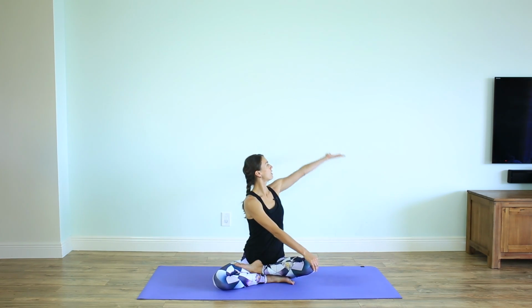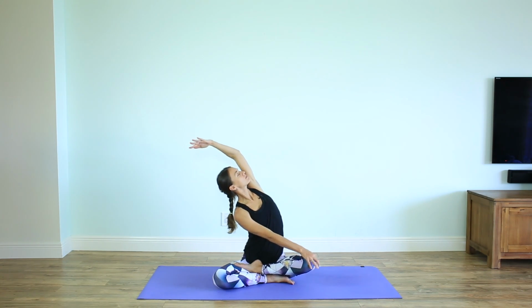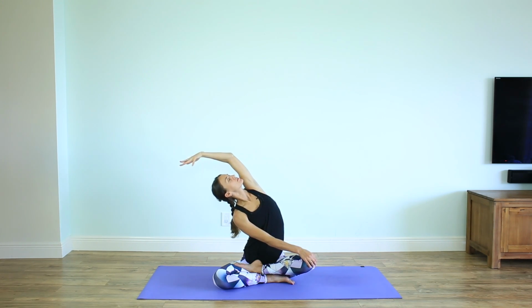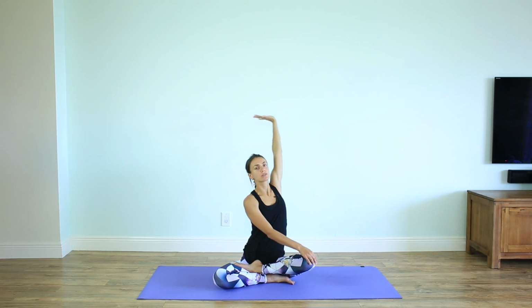Inhale, lift your left arm up and reach the torso to the right. Keep lifting through the heart. Breathe. Inhale, rise back to neutral,